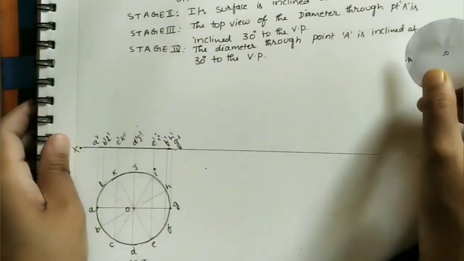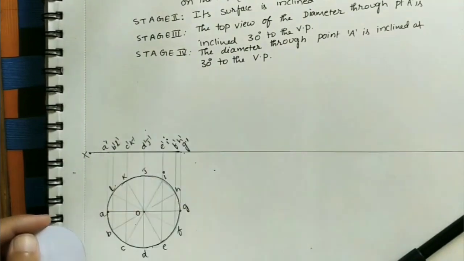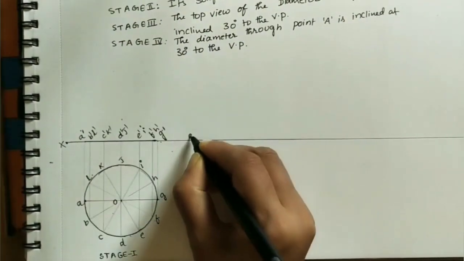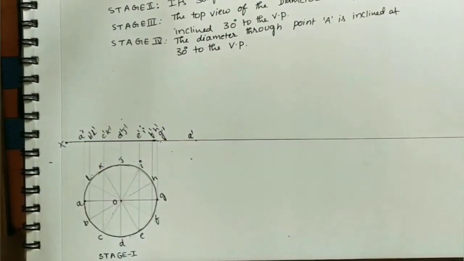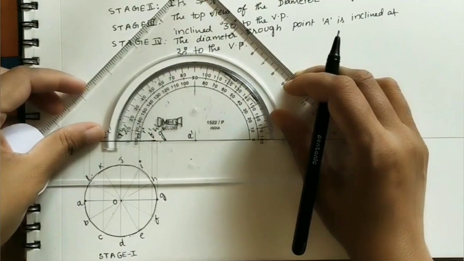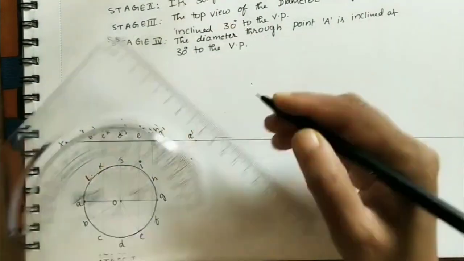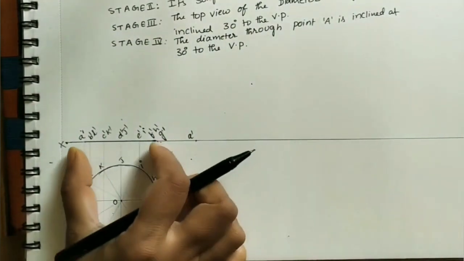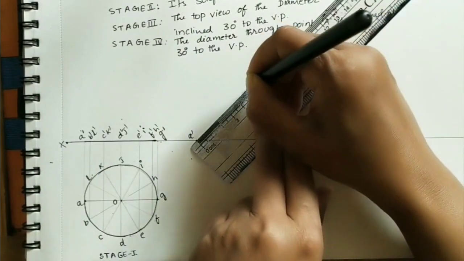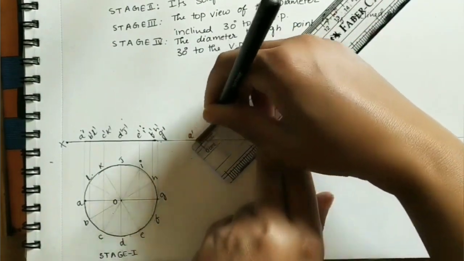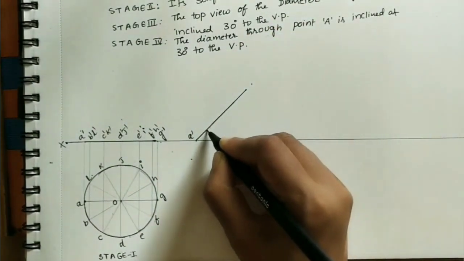Initially, this front view is the diameter of this circle. Now the entire line is tilting 45 degrees. After some gap, A dash here, take a 45 degrees line, and this line length is the same as this diameter. By using a protractor, 45 degrees. So in this direction, take the length, how much is it? 5 centimeter. Just do one line. Now how much angle is it tilting? 45 degrees.